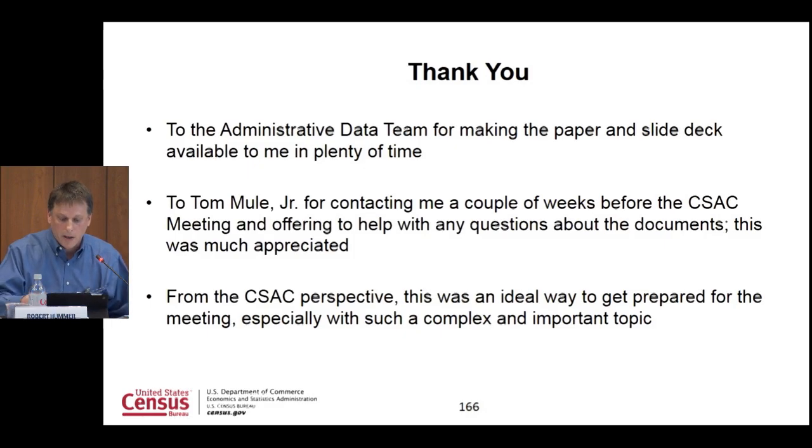Finally, I want to say thanks to Tom and his team. This was the best experience I had working on CSAC, with someone who sent the paper maybe a month ahead of time. This is a hard paper to get through. This is a very detailed, rich set of results and so forth. He sent his slides ahead of time. He wrote to me and said, let's talk about this. We went back and forth. He was very helpful in trying to get my slides right and so forth. So I thank him for that. That has not always been the case. And this is a wonderful experience of how that can best work in the case of the CSAC. So that's much appreciated.